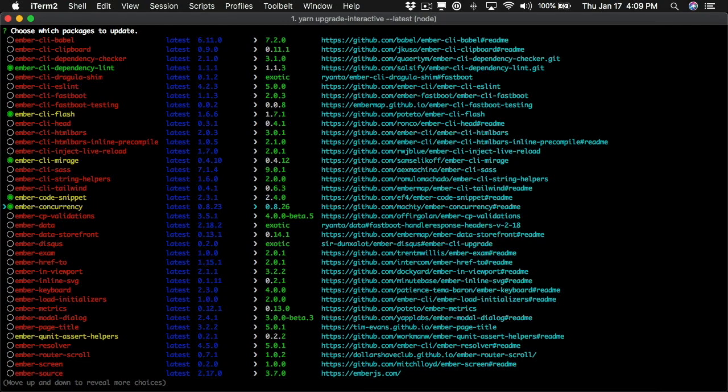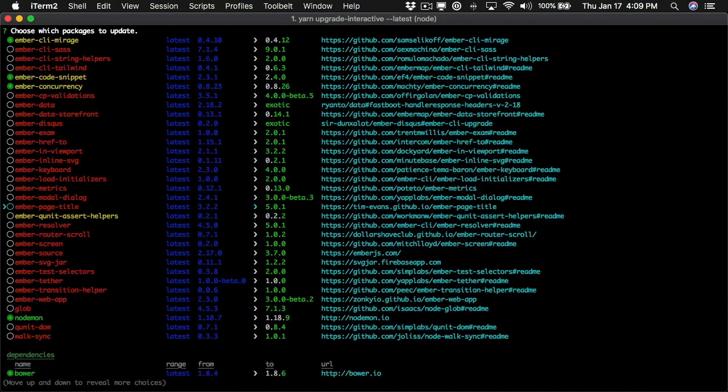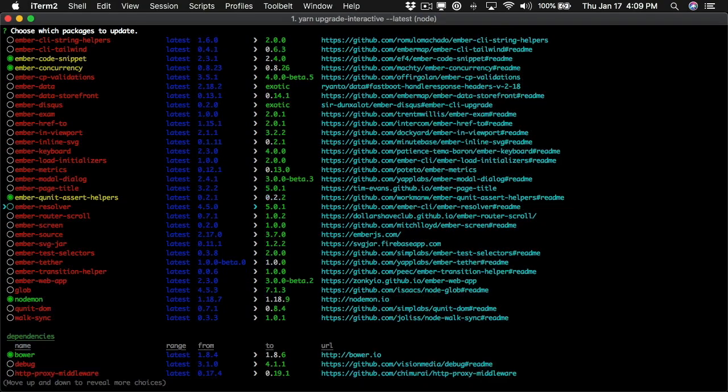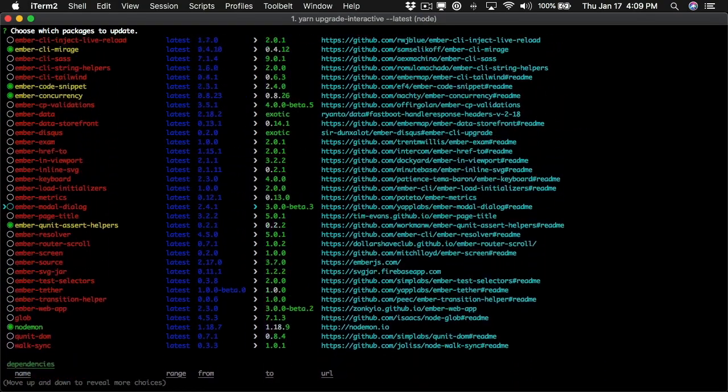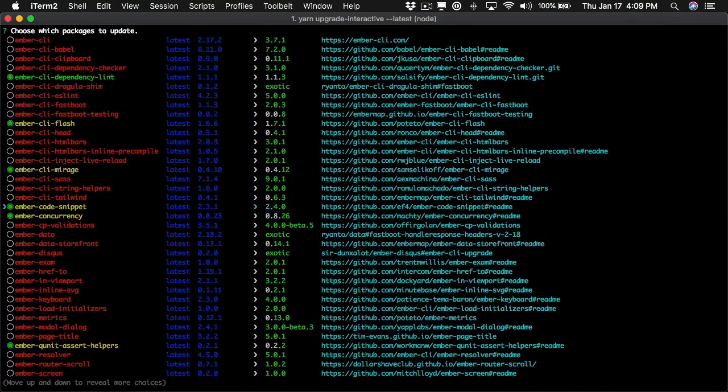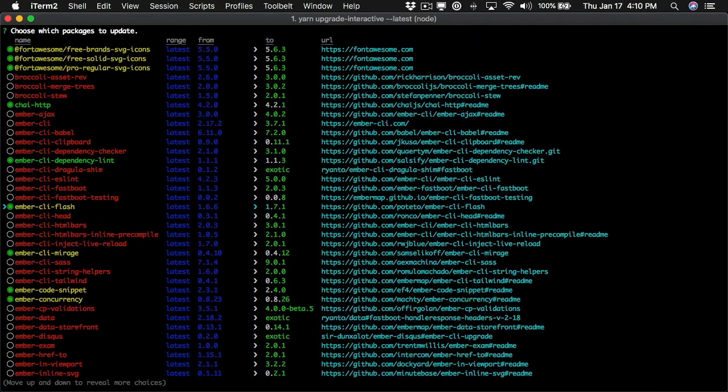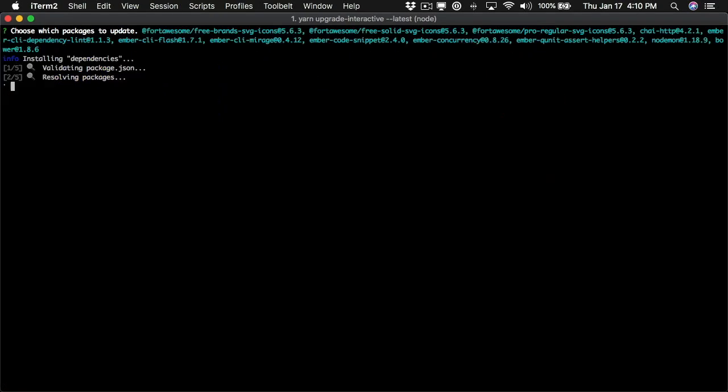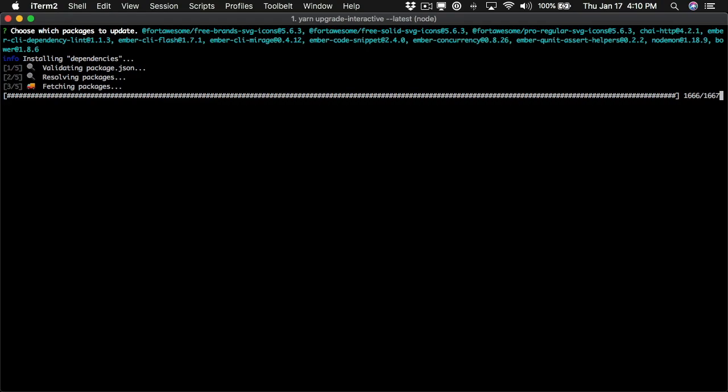So we see some Ember add-ons in here. But again, these are minor versions that should be forwards compatible. And there we go. We have all of our forwards compatible packages selected. So now if I hit enter, Yarn is actually going to go ahead and bump those versions in our package.json. It's going to refetch them all,